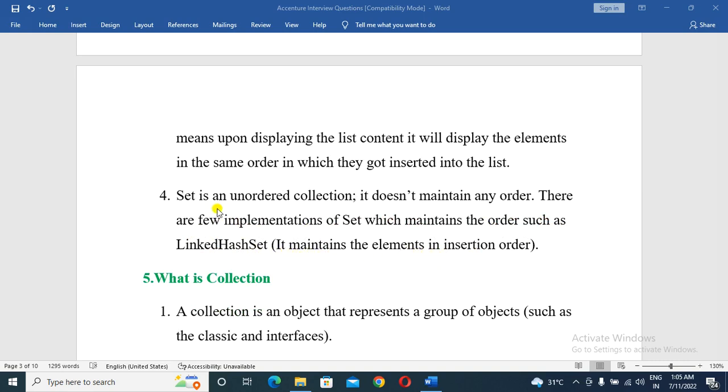Generally if you insert an element into a set, it will not be stored in insertion order; it will be stored randomly, because set internally follows the hash code mechanism. So for each and every object we insert, the object will have a different hash code. Because of that, it will be stored in a different location.